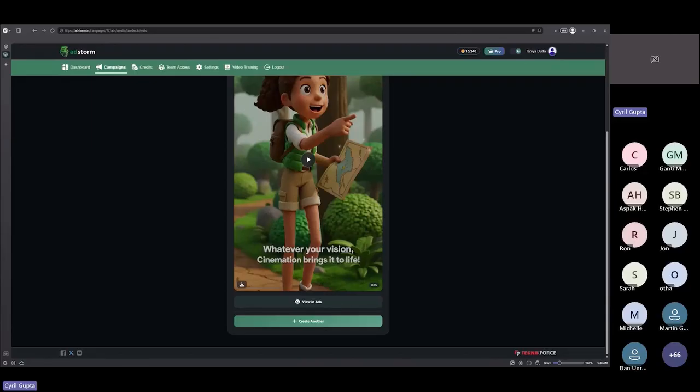So yeah, guys, this is how it can be a transformational thing. If you want me to create any sort of ad, like I created an ad for Pamela, I created an ad for Ken, I created other ads for other people and showed you what it can do. If you have an idea that you want me to create, let me know in the chat.